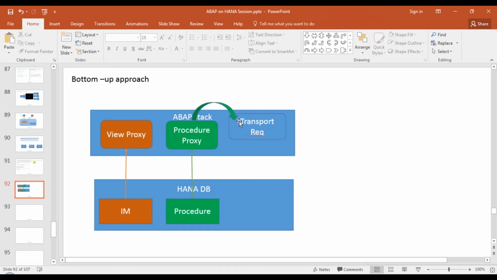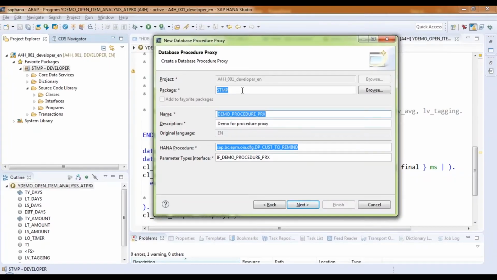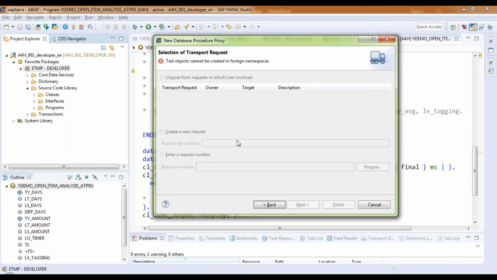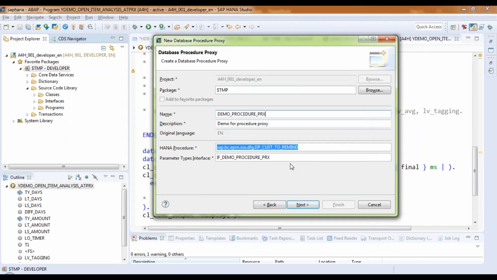You can attach the object you are creating to a transport request to release it to the quality system. So we can give a package, say next, attach it to a transport request, and say finish. That's what we typically do.